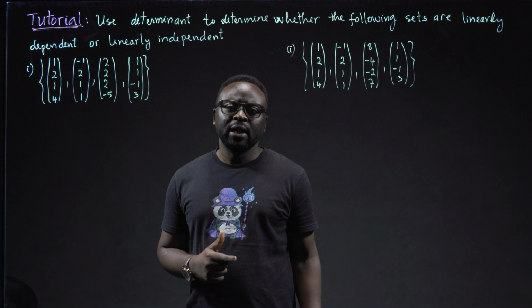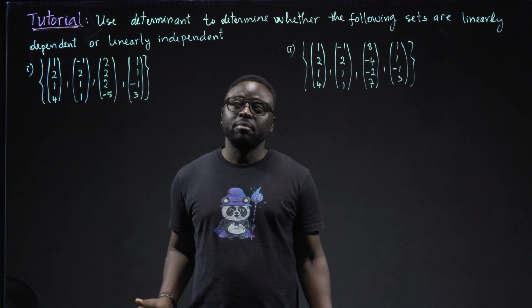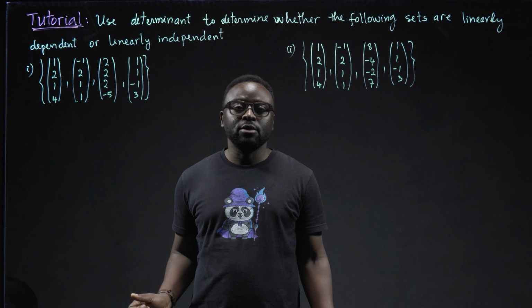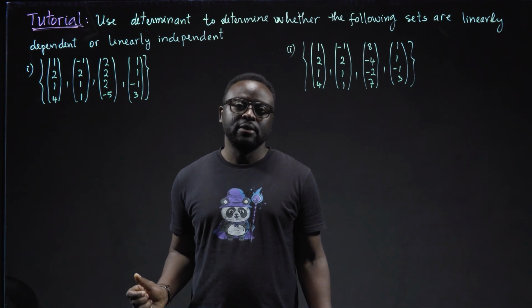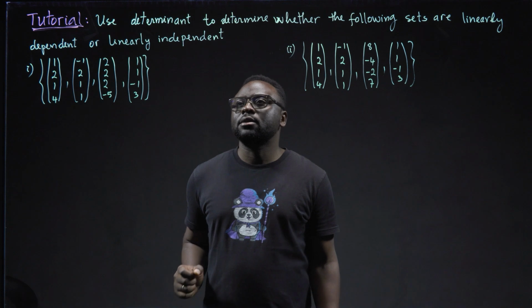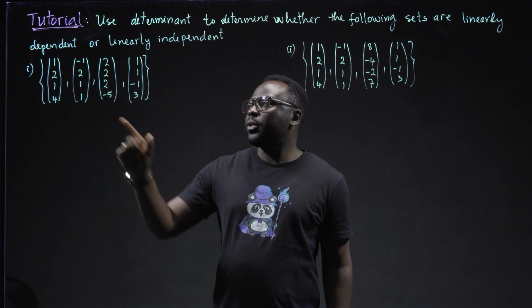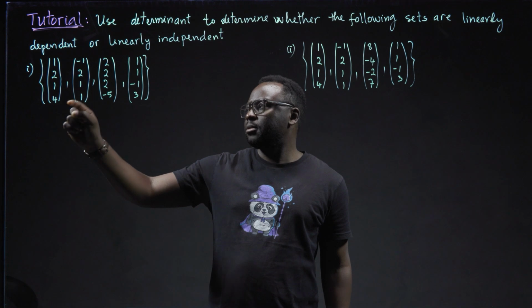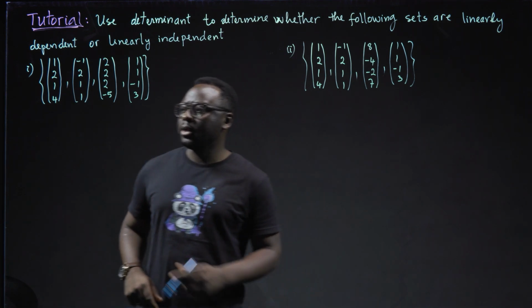When the system has exactly one solution, we say that the system is linearly independent. But if we have many solutions or no solution, then we conclude that the system is linearly dependent, right? All right. Let's start with this first example. So we have this set of 4 vectors. So the matrix from this set is the following: